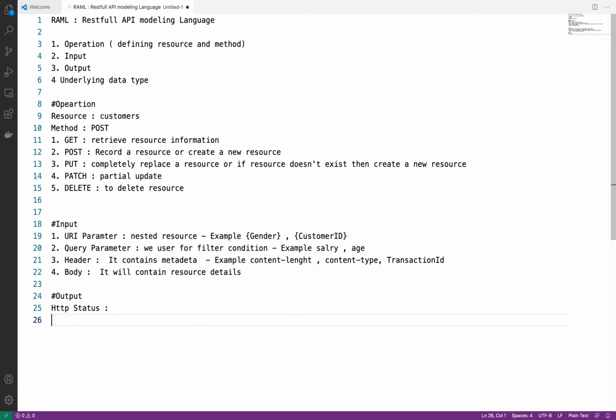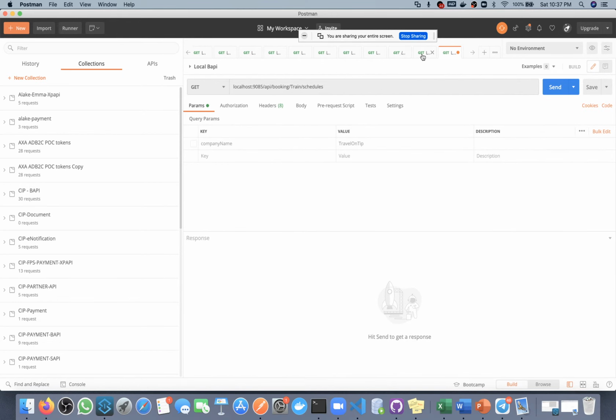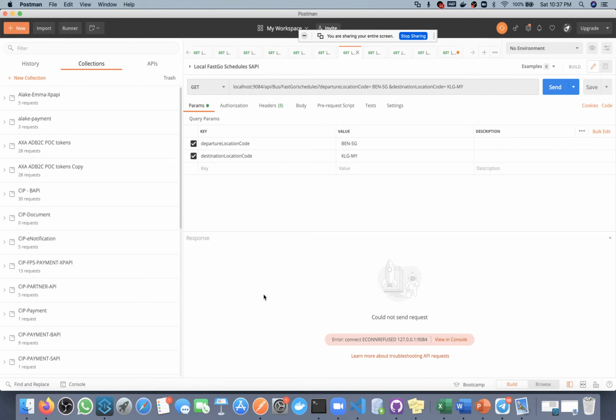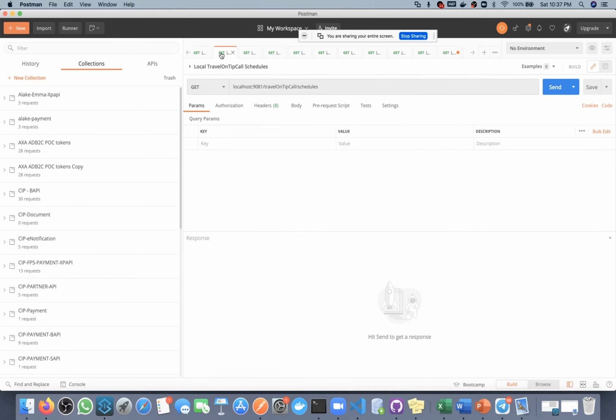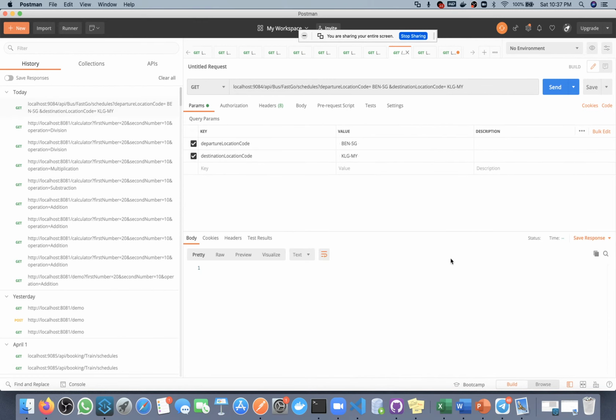Whenever you get output, if I go to Postman, I think my API is down. Let me see if any API call is still there. Yeah, another case you can see here.